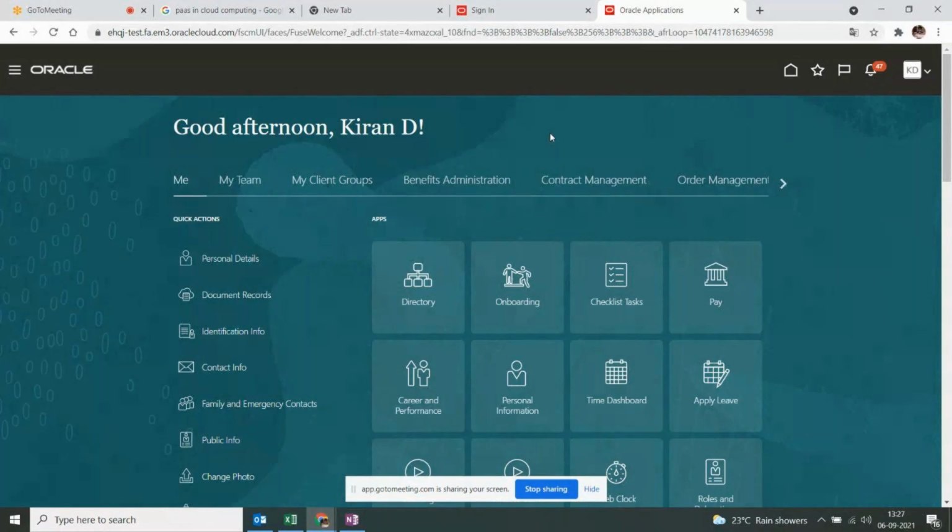Everyone in the batch will get a job, 100%, not 100, 200%. But how they survive after getting into that particular organization is very important. If you don't give presentations much, you will suffer a lot in the organization, right? So keeping it in mind, give as many presentations as you can.